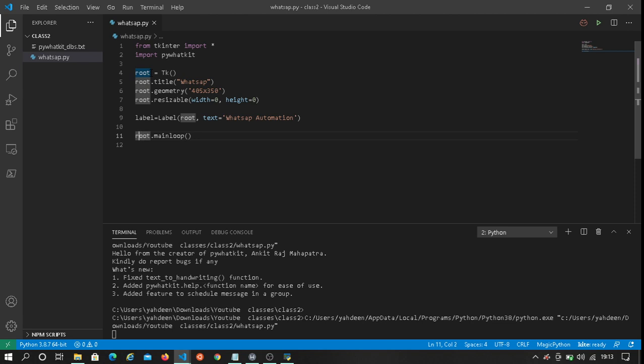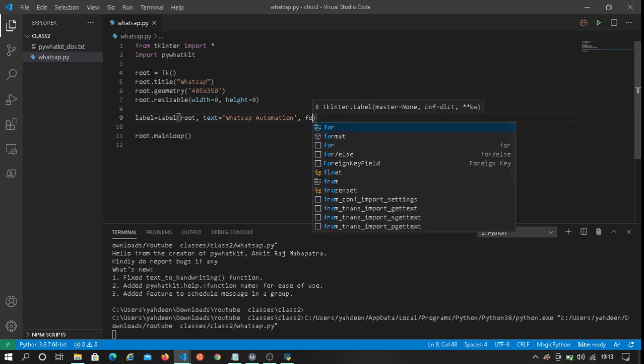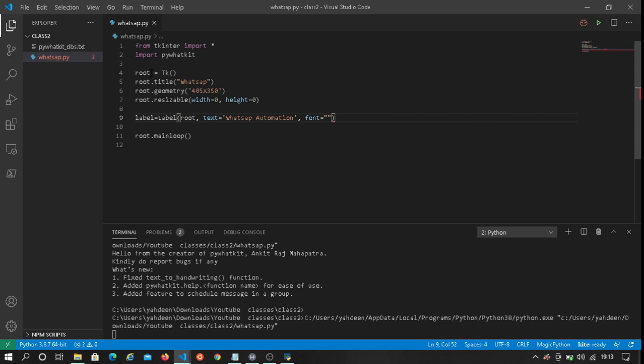We also want to set the font equals to bold, but there are other fonts you can use. For this we will be using bold.